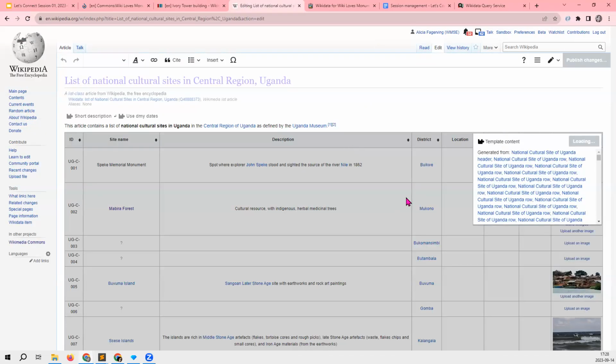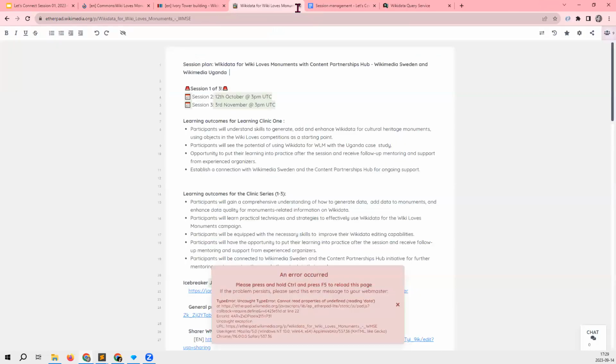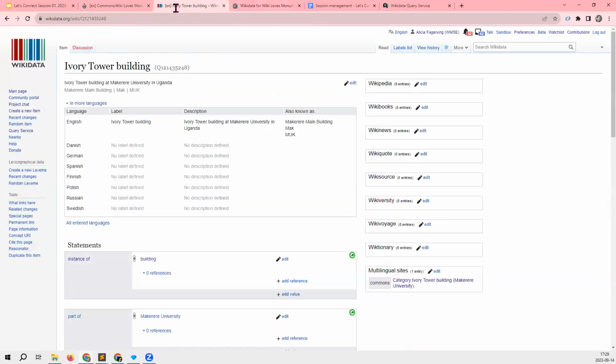Yeah, this tab completely crashed. So it says something about how easy and user-friendly that was. That was a bit scary. I thought my whole browser would crash.